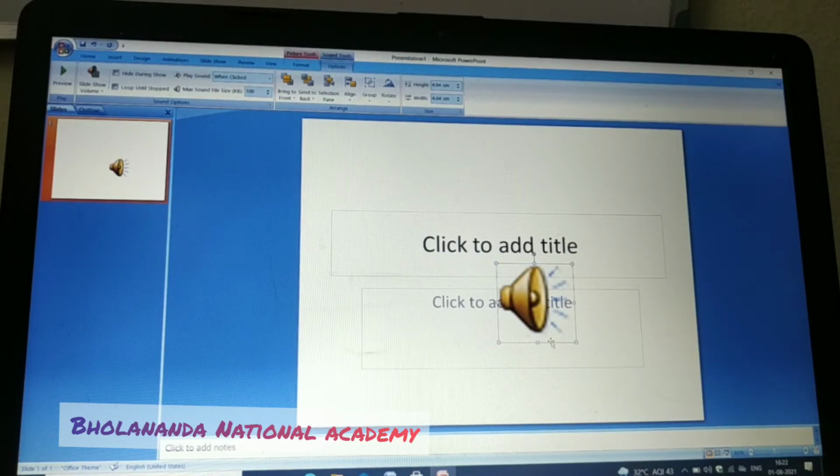If you want to play the particular sound, then you have to choose the preview option. The preview option means it will play the sound or movie to get a preview.